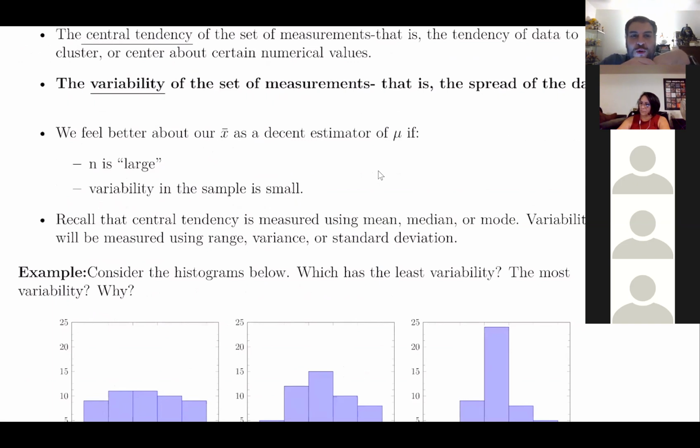All right, so let's go over variability. Variability is telling us how spread out the data set is. If we have high variability, that means we have a big range, so our data set is spread out a bunch. But it's also telling us how concentrated our data set is. If we have low variability, it's because we have multiple numbers that are repeating.